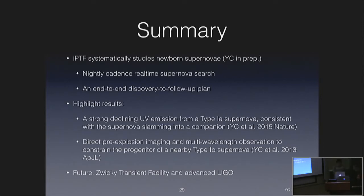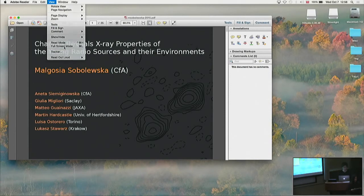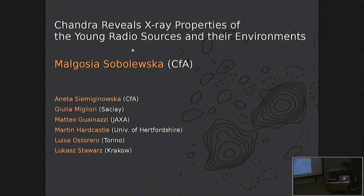Our next talk is given by Dr. Malgosia Sobolewska. Back in 2002, Malgosia was an SAO pre-doc working with Aneta Siemiginowska. She got her PhD in 2006 from the Copernicus Astronomical Center in Poland. Dr. Sobolewska did postdoc research at Durham University in the UK and the University of Crete. She joined CfA as a postdoc in 2009, and continued to work with Aneta. Her work is mainly on AGN time variability